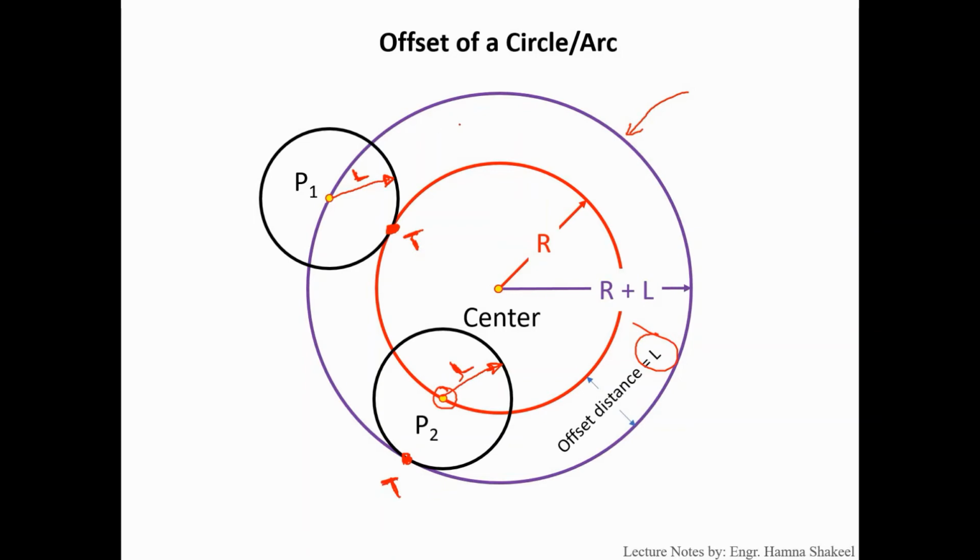See, again the property is similar to parallel lines. You can take any point on the offset circle, whether it's on the outside or on the inside, and draw a circle having a radius equal to the offset distance, and this will touch your actual circle at a tangent point. Similarly, if you take a point on the actual circle and draw a circle having a radius equal to the offset distance, this circle will touch the offset circle